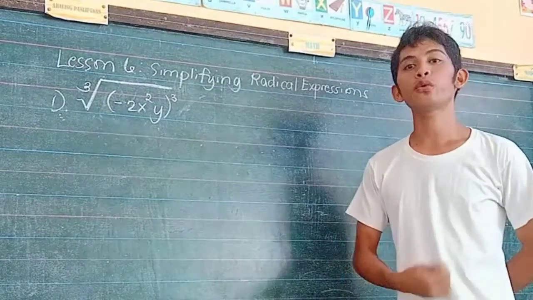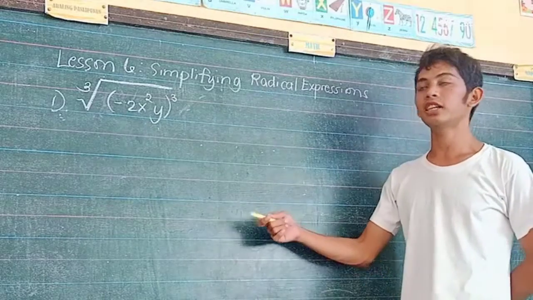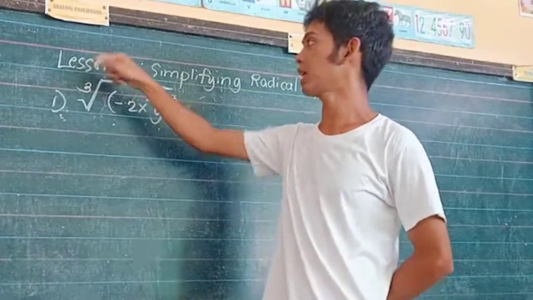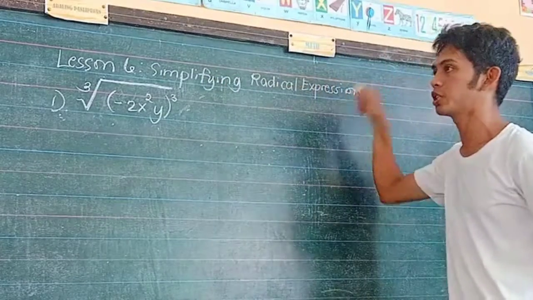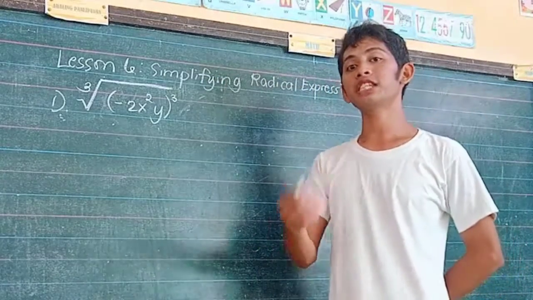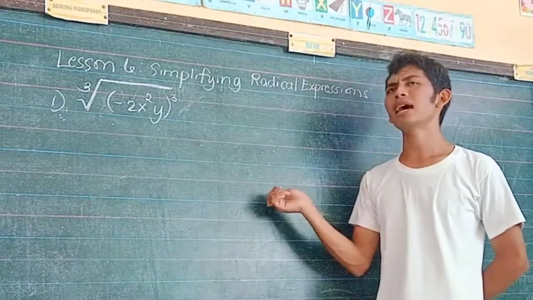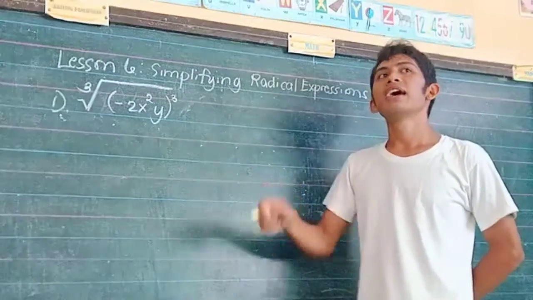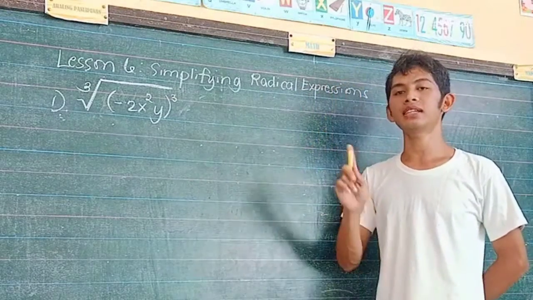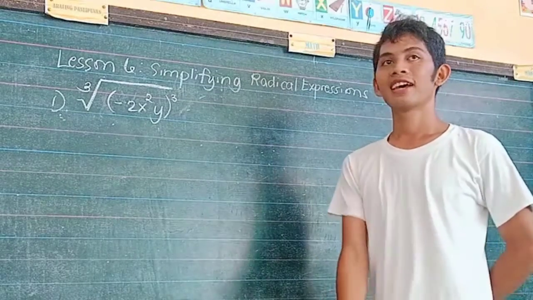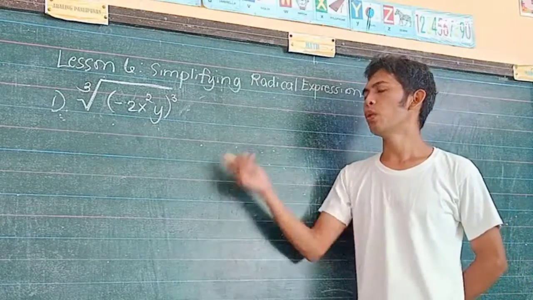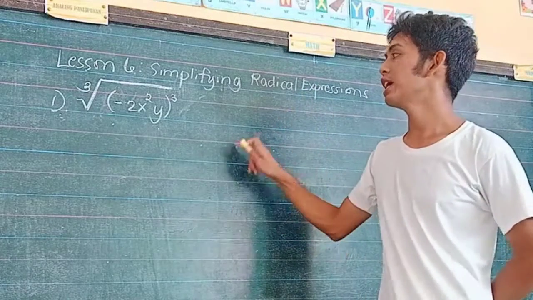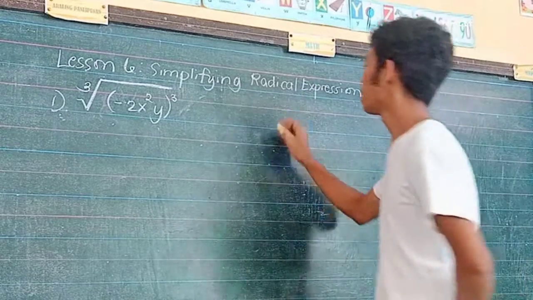Good afternoon, everyone. Today I will be discussing item number 1 in the activity under lesson 6 entitled Simplifying Radical Expressions. But before we proceed to our discussion, let me ask you first: when is the time you can say that the expression is in its simplest form? Yes, you are right. We can say that the expression is in its simplest form if there is no